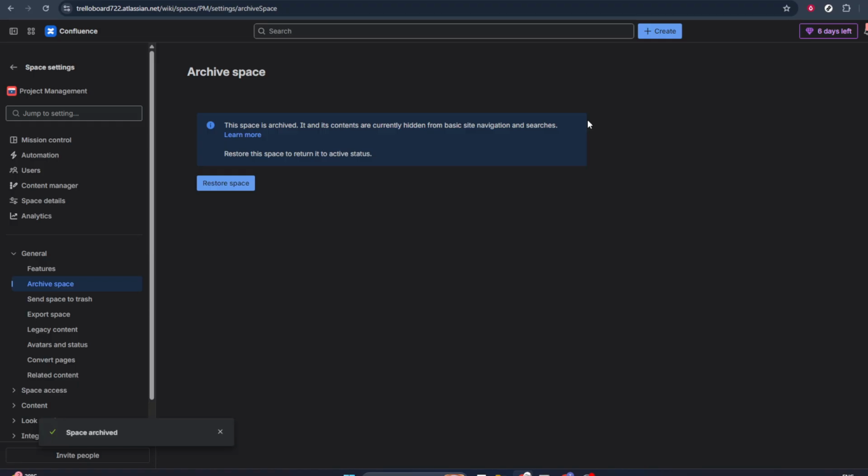Finally, a confirmation dialog will appear, typically with a button simply labeled Archive. This is your last chance to double check. Remember, archiving doesn't delete your content, but it does move it out of active use and can affect who sees it and how it's accessed. When you're ready,